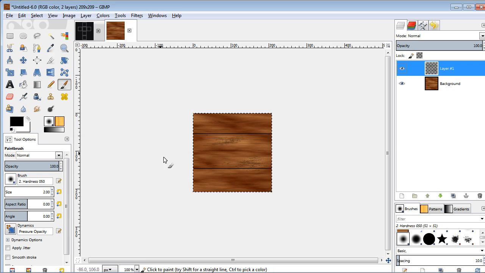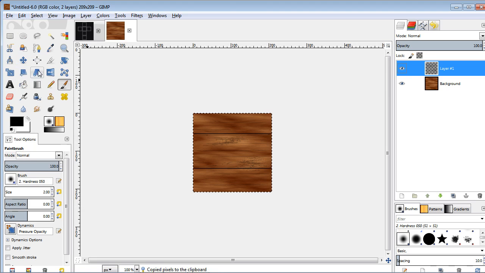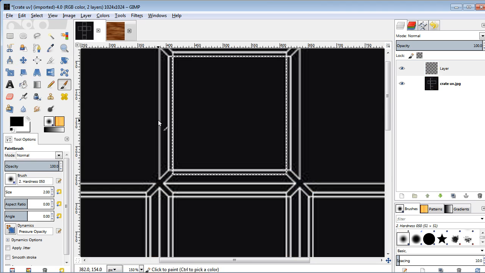So now we've got it all selected, so now we want to go to edit and copy, and then go back to our other image, and you see we still have our selection here, and then we're going to go